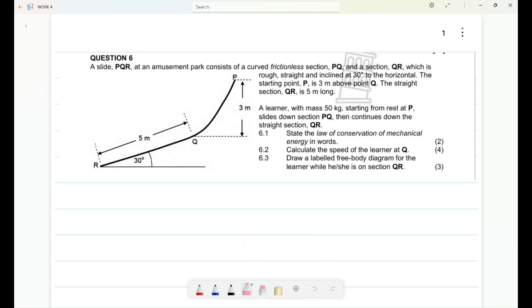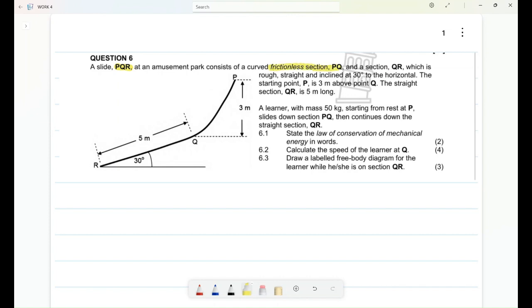In today's video, we're gonna look at another question under work, energy, and power. So it says now a slide PQR. They started here. Probably our initial starting point is P. But we'll here add an amusement park consist of curved